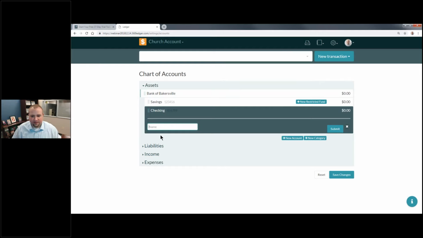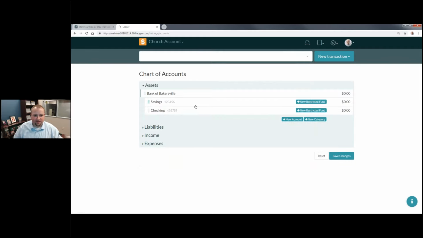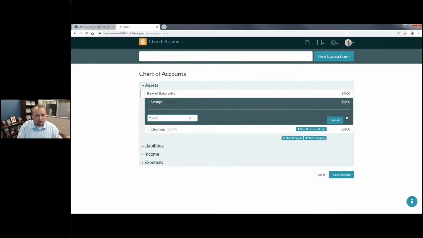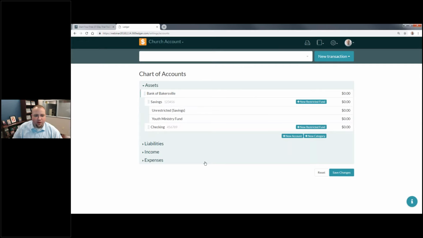and we can say youth fund. Actually, no, I'm going to do this under savings. Under savings, we'll do a new restricted fund called Youth Ministry Fund. I will click submit. What this has done is it has created unrestricted savings and a restricted savings. So there's my Youth Ministry Fund, and unrestricted is just meaning it's not assigned. So I'm going to save those changes,